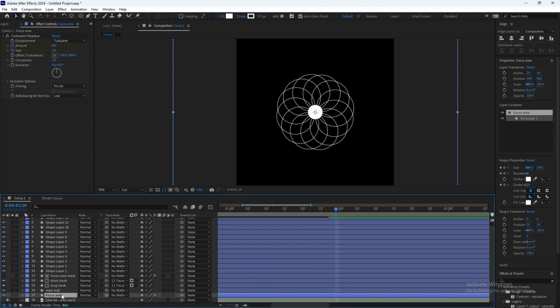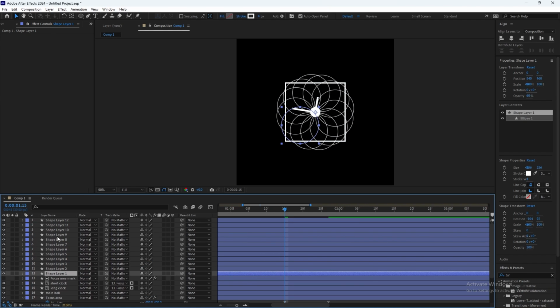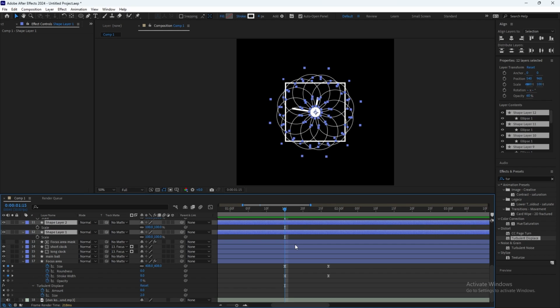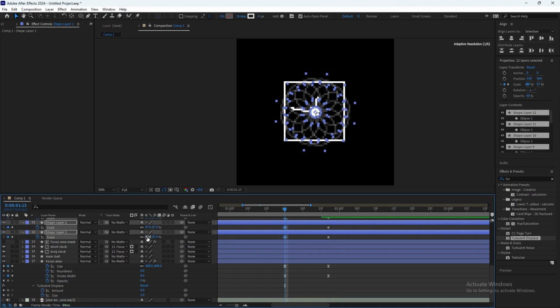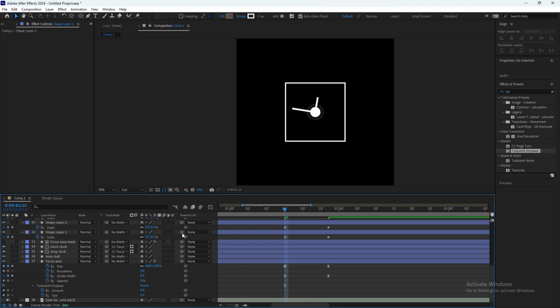Go to the focus area again, click U, and now we can see where we did the keyframes. So now just select all of them. We can select the scale and click here, go 12 frames forward, and just like that. And now click here to go to the previous keyframe and just decrease it. Yeah, it's fine. So decrease it to 0.